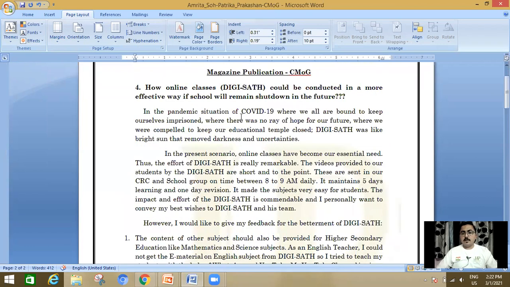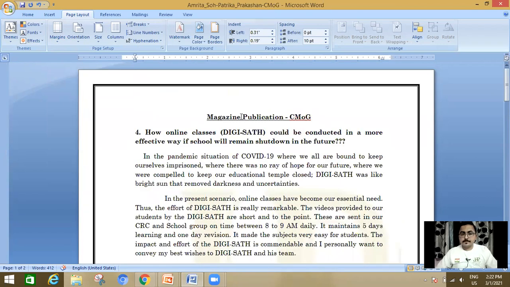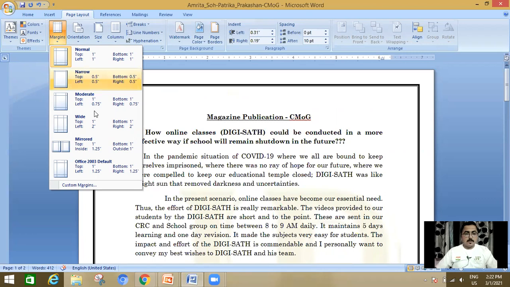Now the effect will occur. Okay. Other than this, you can also choose all other margins available. Let's take narrow.